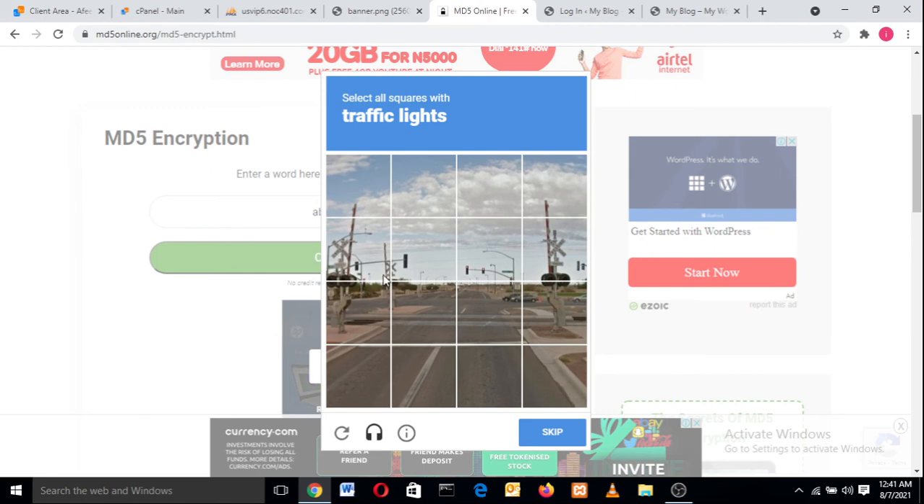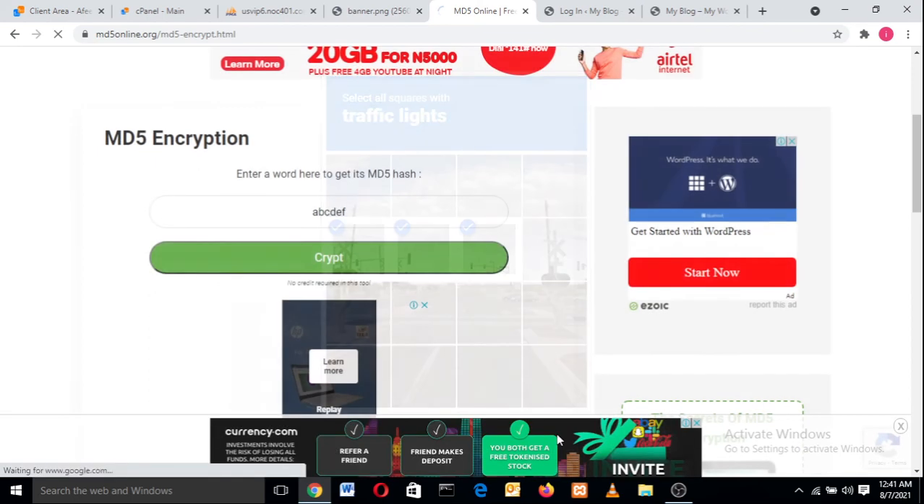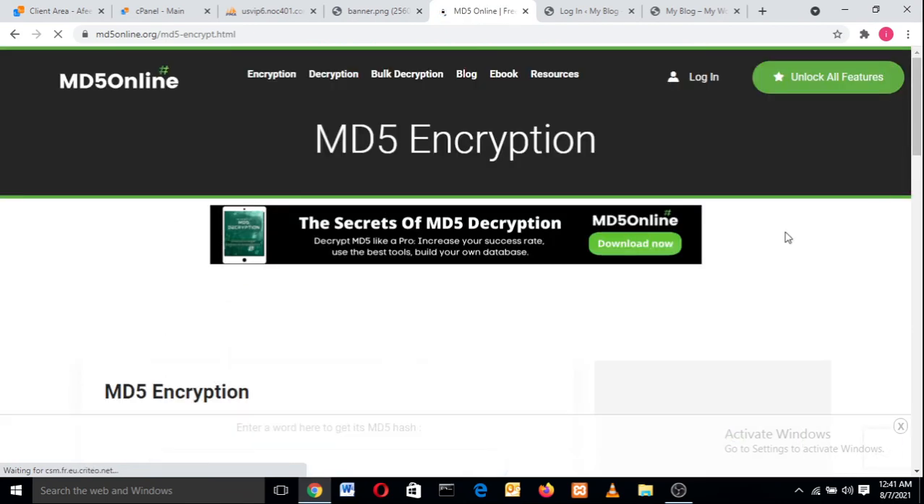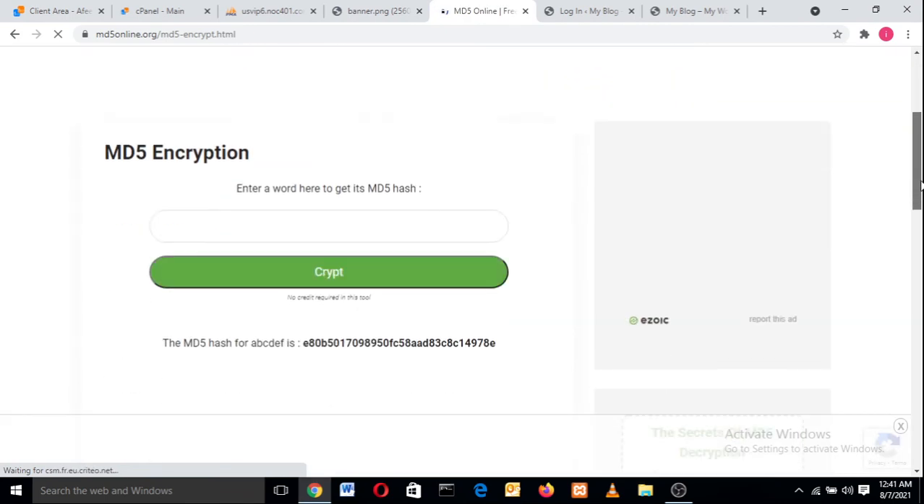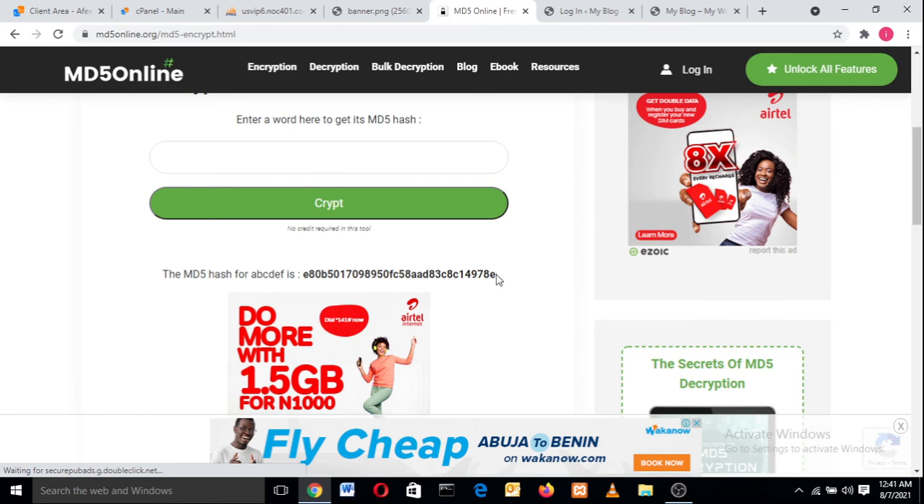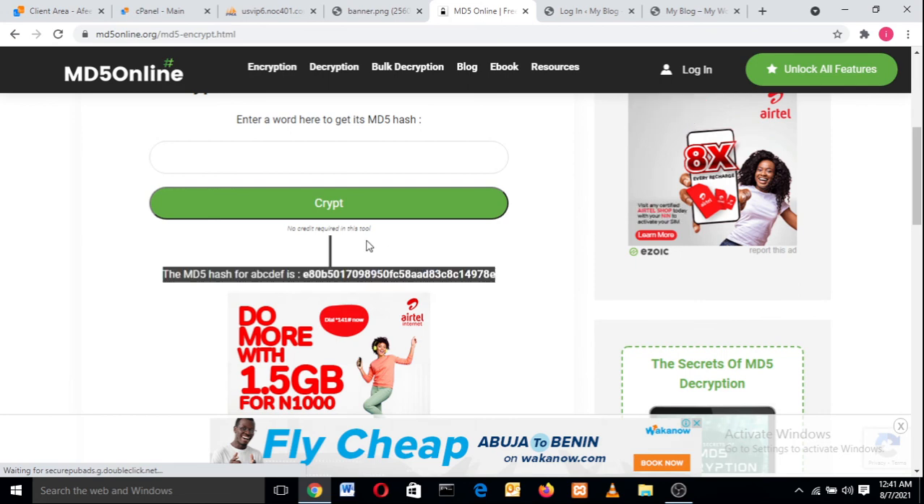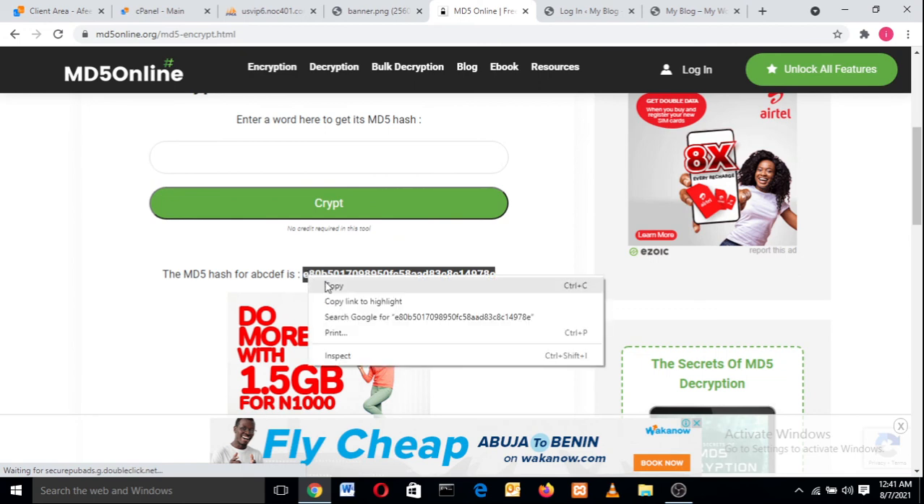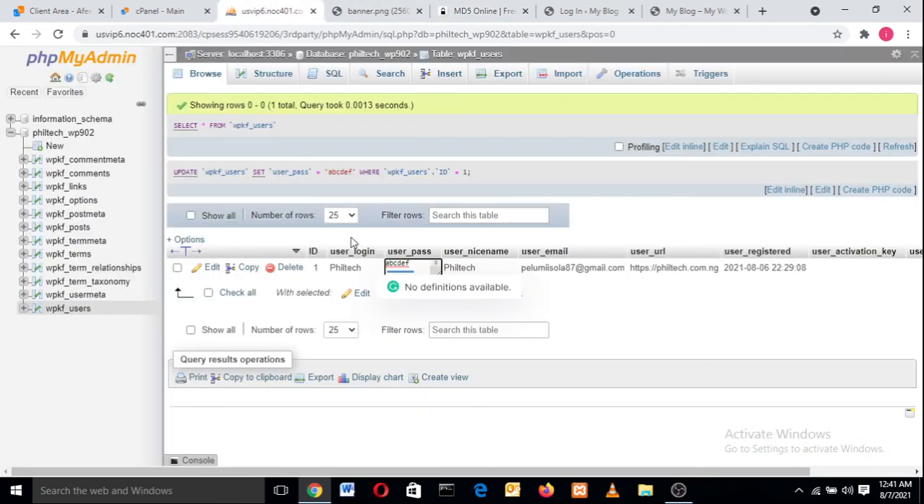It's asking me to verify, okay, traffic lights, let me verify this. So that's encrypted. Can you see the MD5 crypt for ABCDEF is this? Just copy all of this. Can you see it has encrypted for us? Let me just copy, then you paste